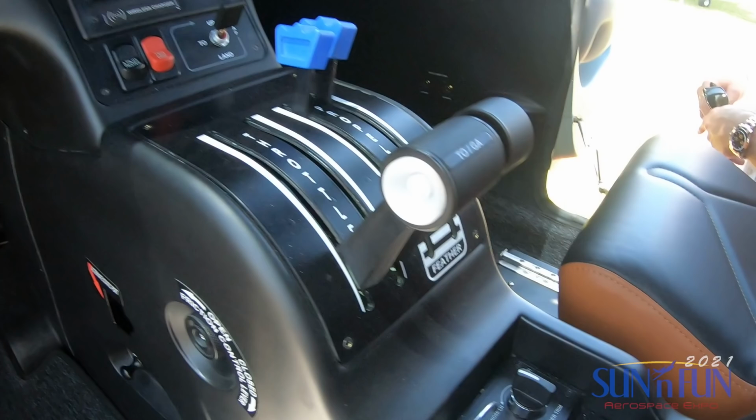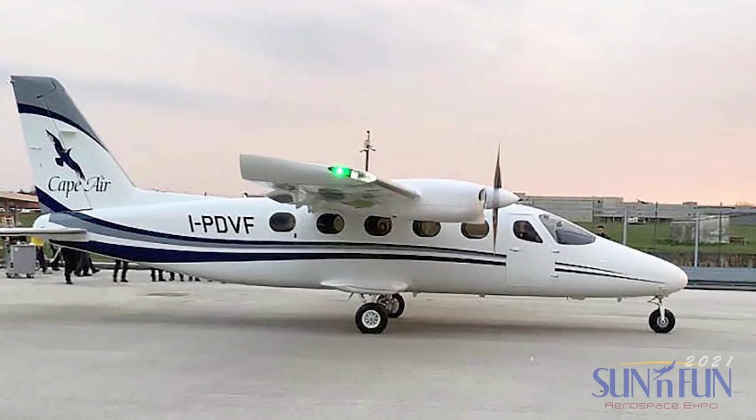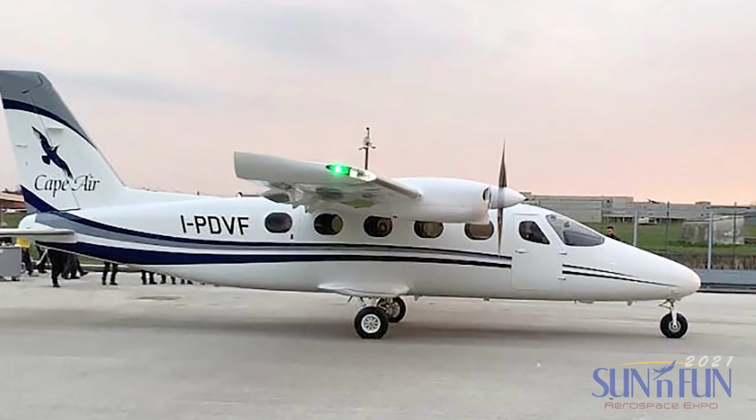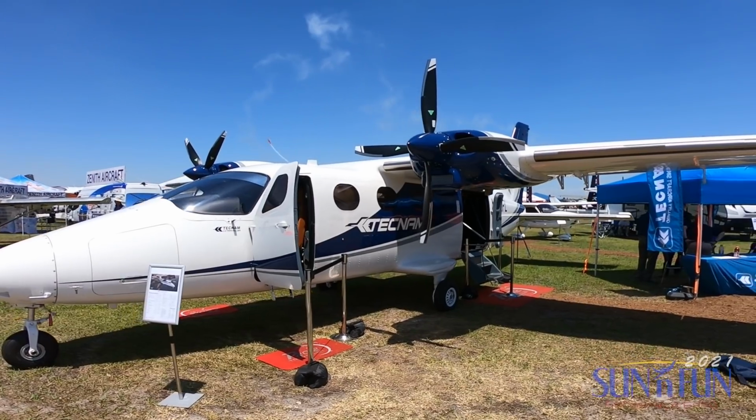The launch customer for the P2012 was Cape Air. They're a New England-based commuter airline. Tecnam's Giovanni Langer gave us an update on the program. So far Tecnam delivered the first 20 aircraft to our launch customer, that is Cape Air. But apart from these, we also got several other orders, especially at the beginning. So another one belongs to Seychelles, that is actually flying, obviously, in a much different configuration to the one that